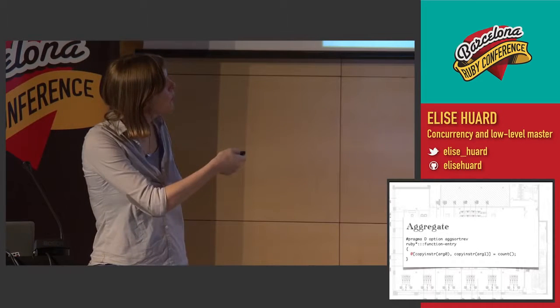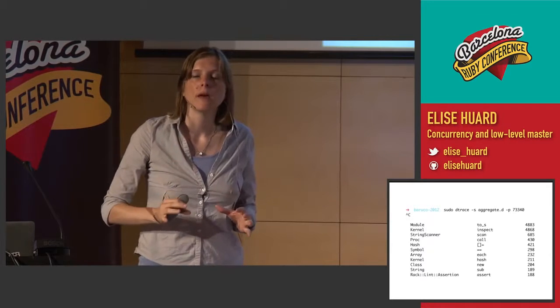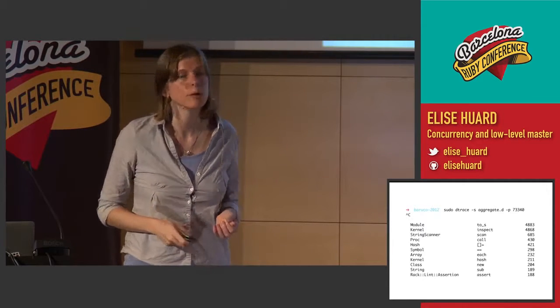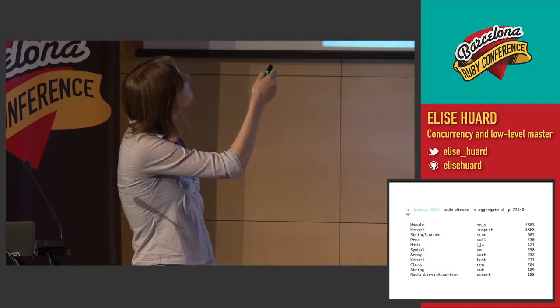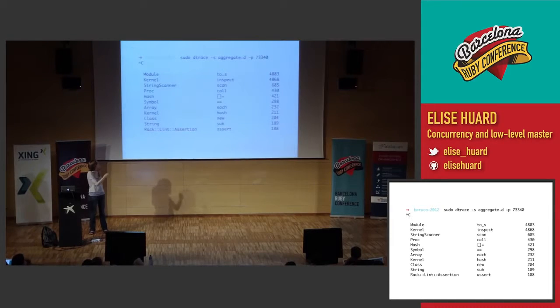And so we run this. The aggregate functions are actually only run at the end of your dtrace script. So this is why I have a Control-C here. I run my dtrace script, I interrupt after having run one Rails request, and I get a nice little report of what's run the most. In this case,